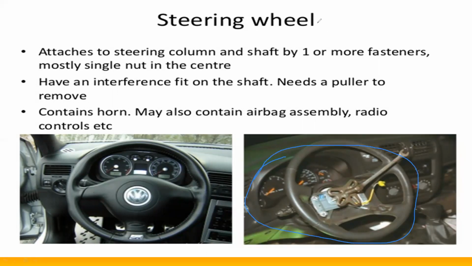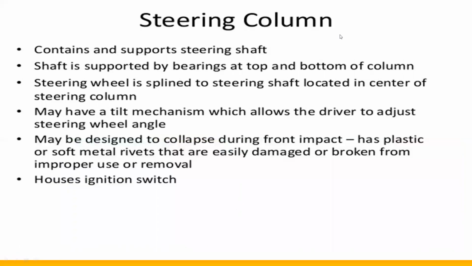The steering column holds the top and bottom of the steering shaft. In that steering column, we will place the ignition switches, and different rivets are used to fix the different ignition components, light switches and any other components in that steering column. So the steering column is used for holding different ignition switches in the automobile vehicle.